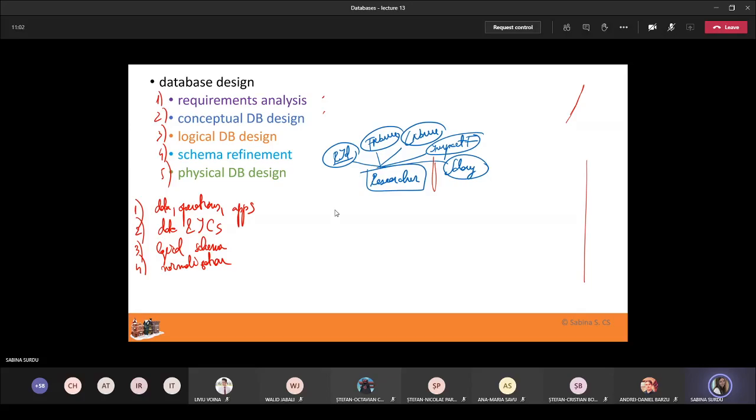Let's say, researcher and another entity set that has these attributes, impact factor and salary. And then you could have a relationship set among these 2 entity sets. But one more time, conceptual DB design is a subjective process. You can easily arrive at this diagram for researcher. So you then translate it to the relational model, and you get this relational schema,